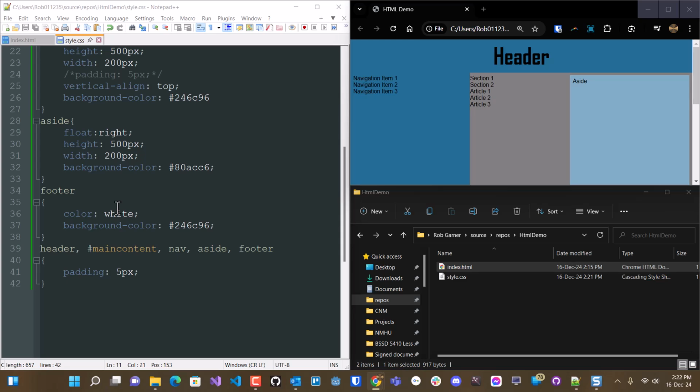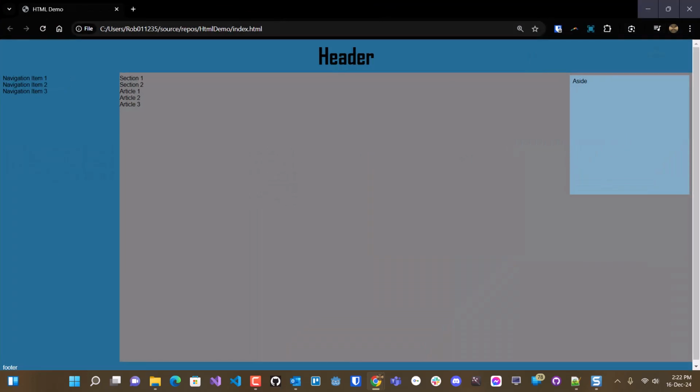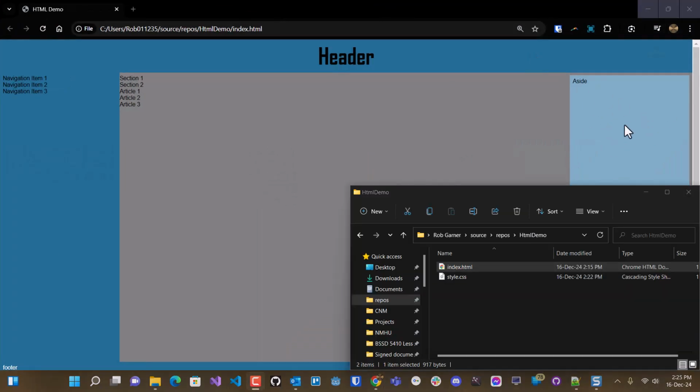We can also style the aside a little differently. Let's see. Maybe what we'll do is we'll reduce the size of the aside to 200 pixels. And that looks like this. And let's say we want to put an image in here. What we could do is